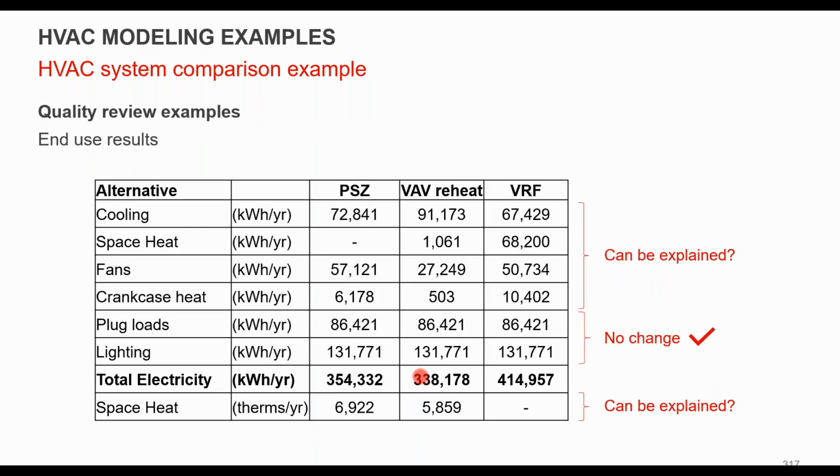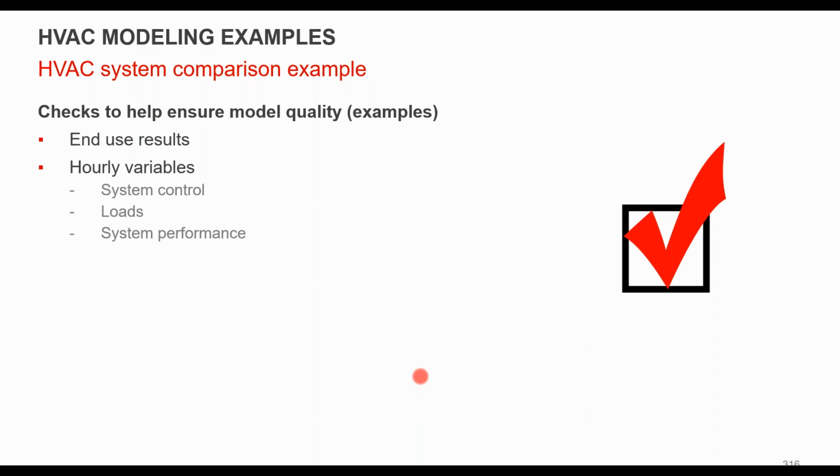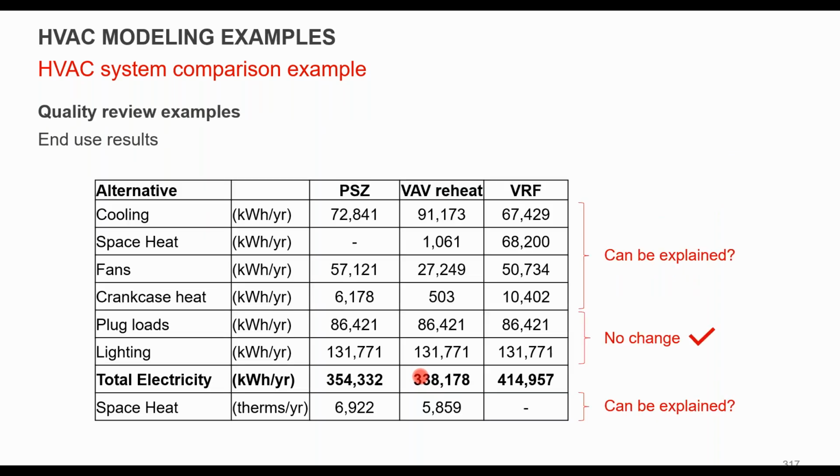Yeah. So what sort of things would we look at? Again, we've talked about it before, but look at your end use breakdown, and then look at hourly controls and variables from your output, looking at total system performance, space temperatures, make sure you're meeting set points. So what does this look like if you do this comparison side by side to compare all three of them?